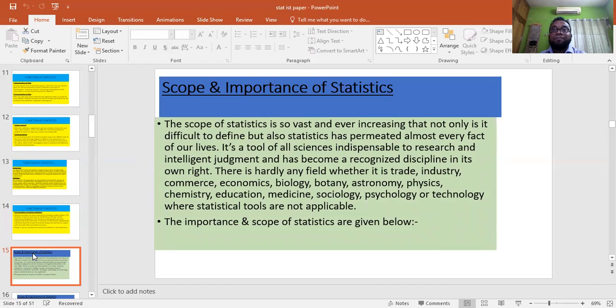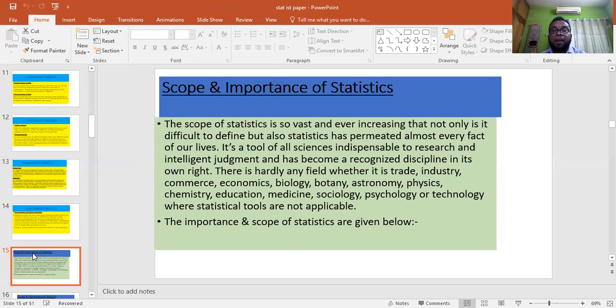The scope of statistics is very vast and ever increasing, so that not only is it difficult to define, but also statistics has permeated almost every facet of our lives. It is a tool of all science, indispensable to resource and intelligent judgment, and has become a recognized discipline in